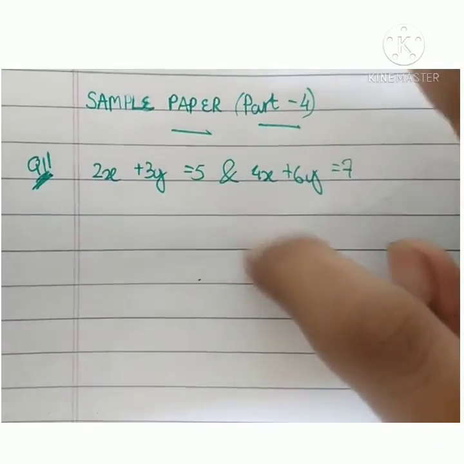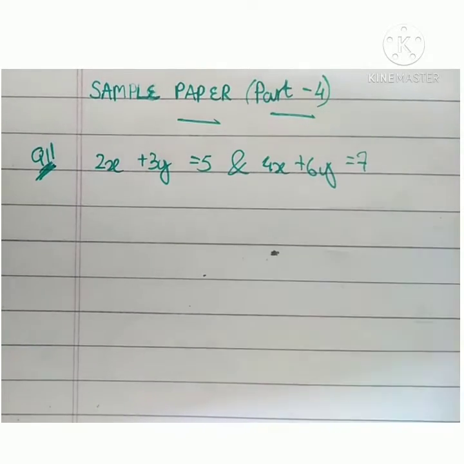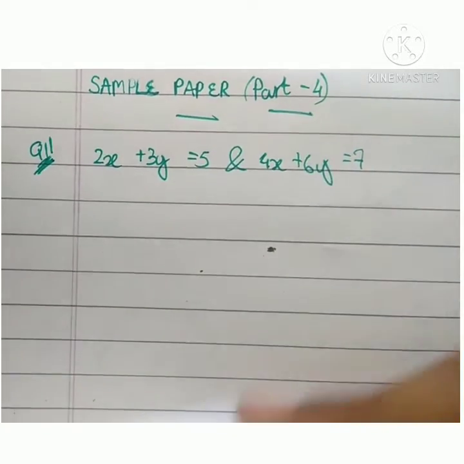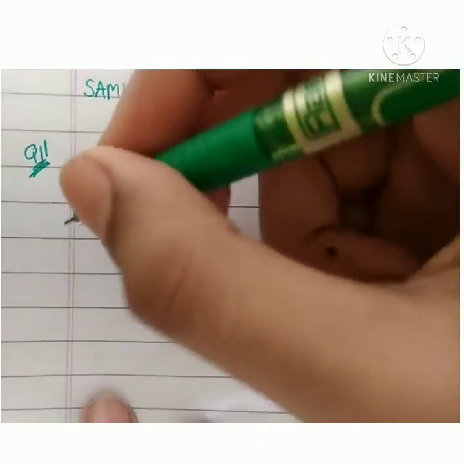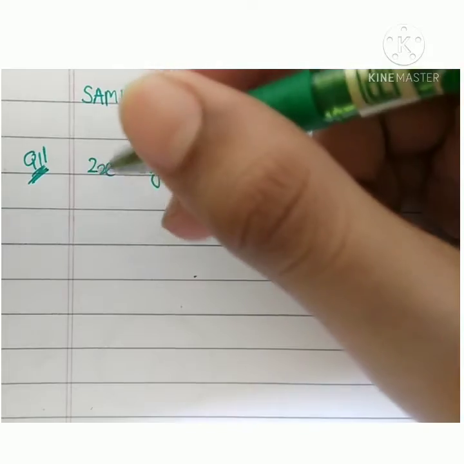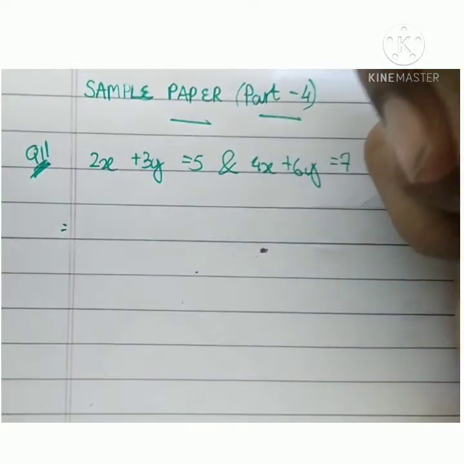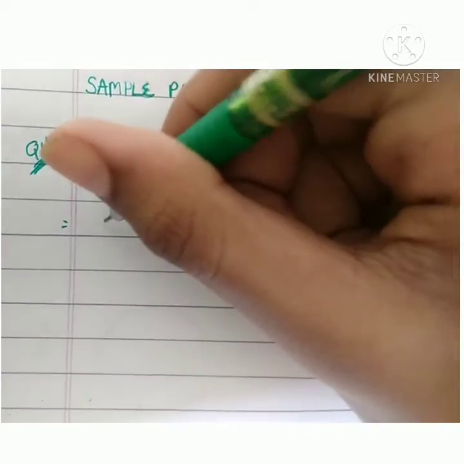Now this question can be done with graphing or without graphing. It's totally up to you, but I'm telling you the method which is without graphing. You can even graph the equations also. I hope you know how to graph an equation. So what the method says is, without graphing, you have to solve the pair of equations. How? First, let's write them.